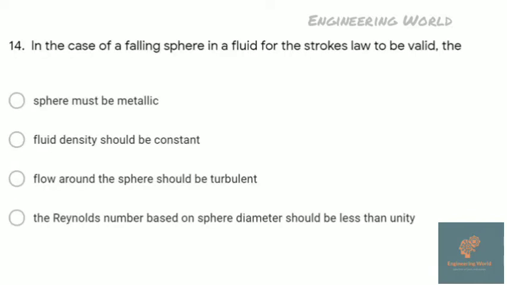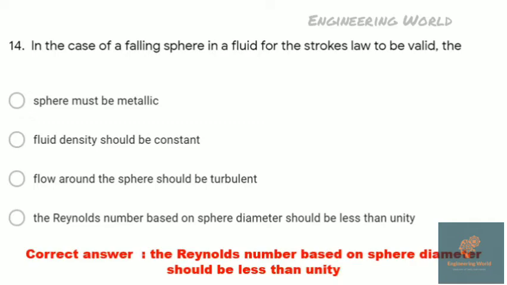Next, in case of a falling sphere in a fluid, for Stokes law to be valid, it is actually creeping flow, and Stokes developed one model in which inertia forces are negligible, that is Reynolds number is less than 0.1, but we consider Reynolds number is less than 1. So the correct answer is the Reynolds number based on sphere diameter should be less than unity. Then the next question is,